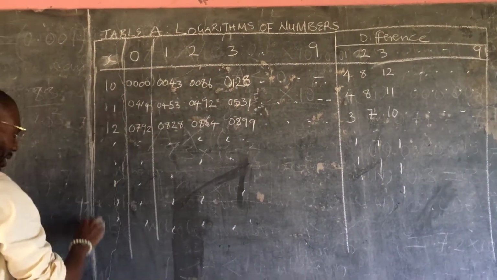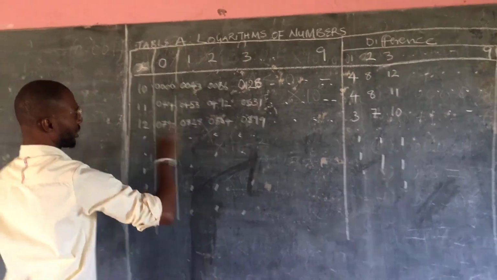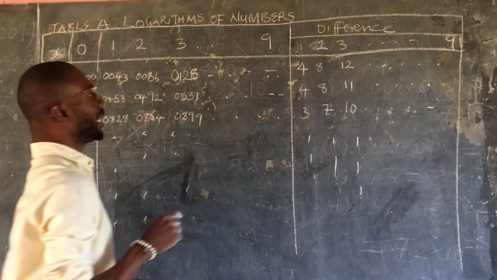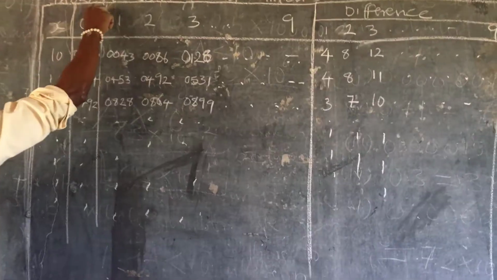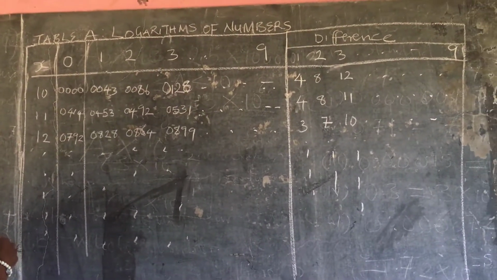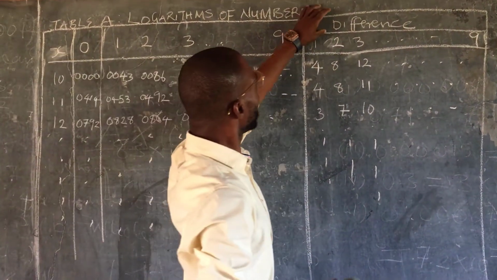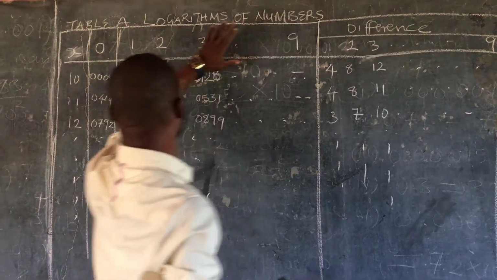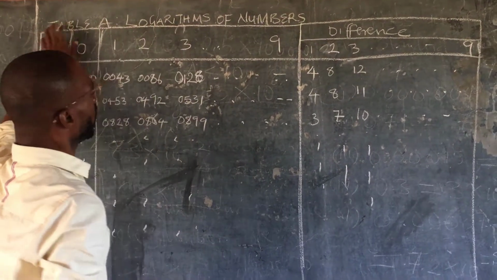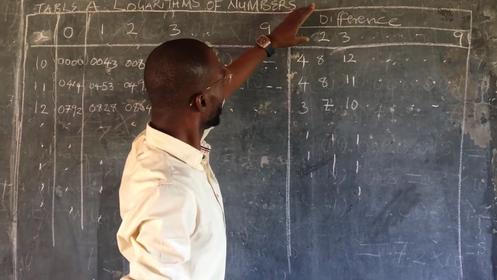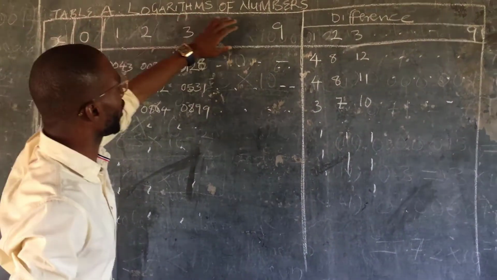The table is drawn like this: it has rows and columns. If you look well, the table is divided into sections based on the columns and rows. You have the part where you will see the difference, and for this other part you just see numbers on the first row. This section is divided into two, so we get the difference, but for this first row we get numbers.